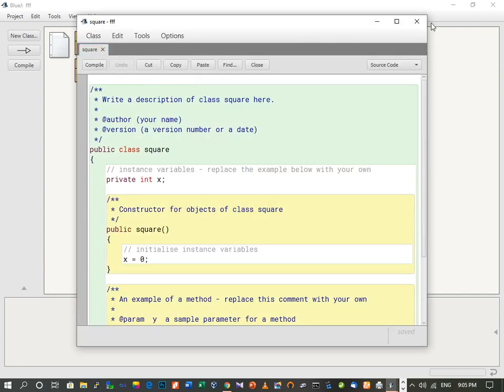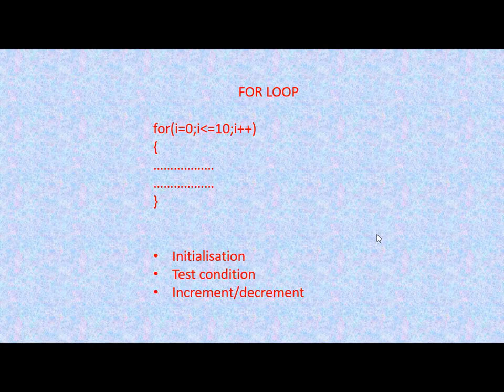Now before we study what is for loop, first we should have a theoretical knowledge briefly about what is for loop. This is the format how we write down for loop. Here you can see this is the for loop, and inside this we have a variable which is having three types of data like this one.